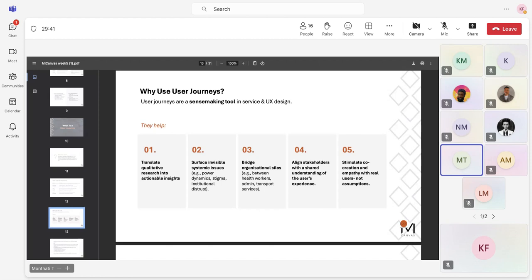Fourth one is around aligning stakeholders with a shared understanding of the user experience. Again, I think it speaks to everything that we've discussed before, with the fact that you want to make sure that everyone has a single view. So not just the people in, for example, this hospital, since we're speaking about hospitals. There's always a management layer above that who aren't actually in the hospital, who could be in offices, the net care officers, for example, whose job it is to think about the business, to manage the finances, to do other things. And then there's people from other organizations where the tech build of some of these products or the implementation of it is outsourced.